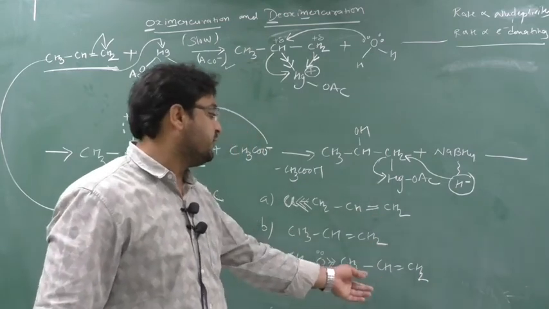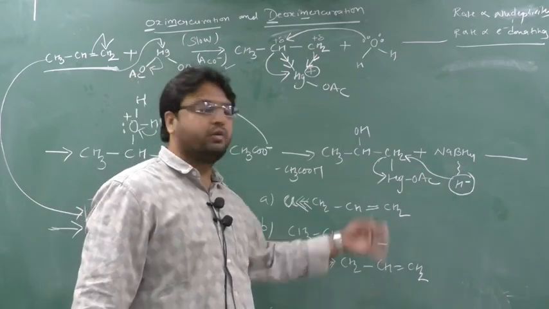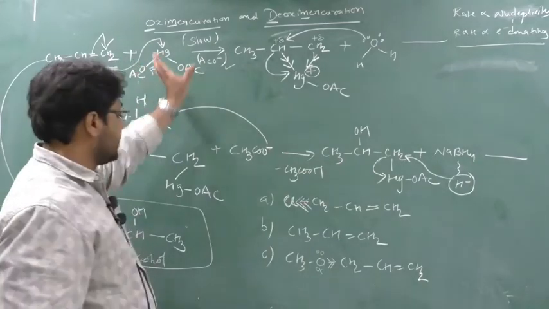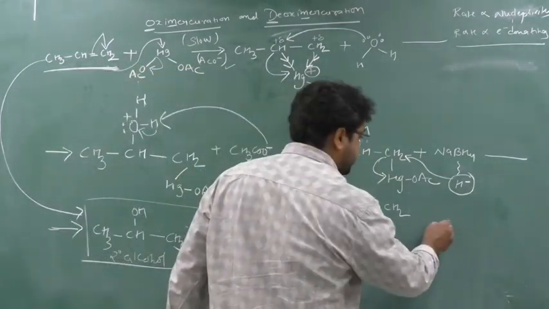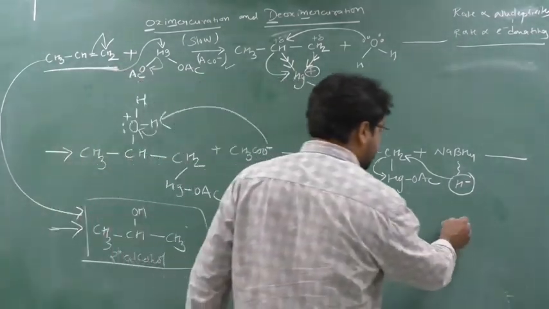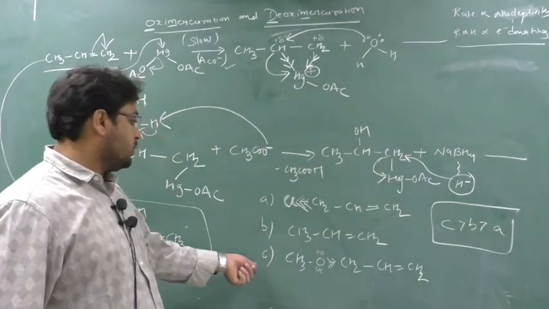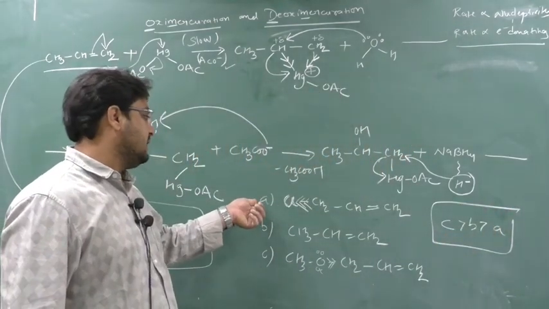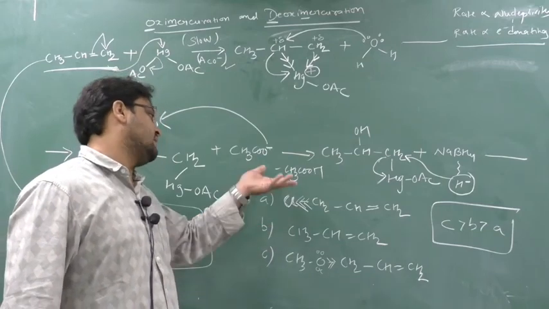So nucleophilicity will increase, meaning the rate increases, meaning rate towards what? OMDM. So who will perform OMDM easily? This C. So C will be more towards OMDM than A, yes or no? But B is in the center, so B is greater than A. Because C is the most and A is the least, B is in between. So first will come C, then B, and then A.